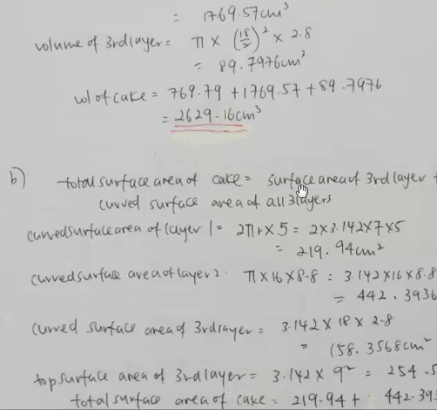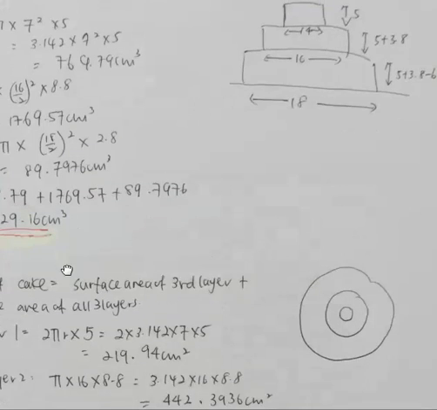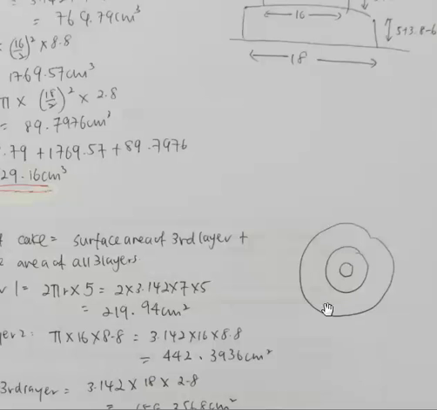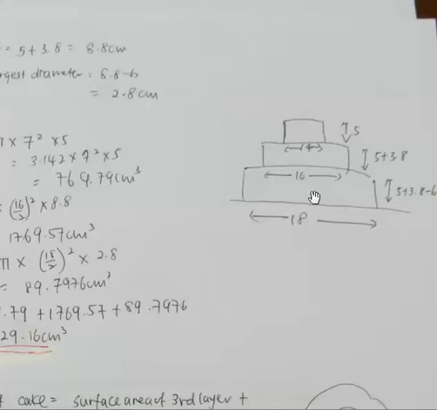For part B, calculate the total surface area of the cake. So when we look at the top view of the cake, it's actually the bottom layer with the largest diameter, followed by the second layer and the top layer. So the total surface area from the top is the surface area of the largest layer, which is the third layer. However, we also need to include the curved surface area of each layer, so it's the surface area of 1, 2,